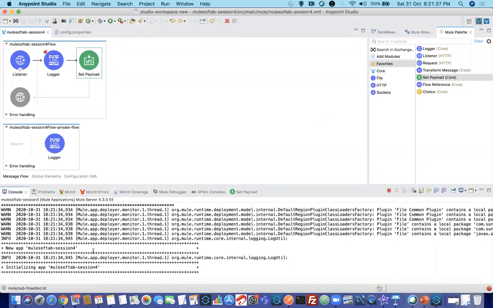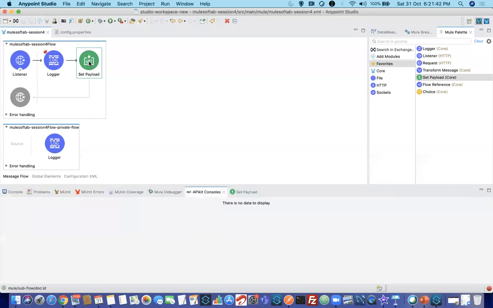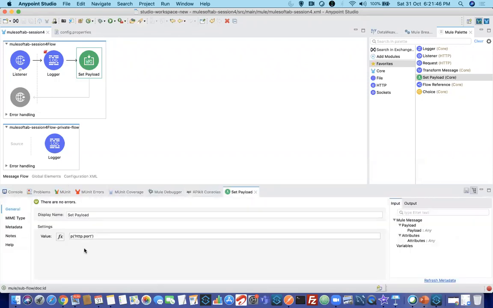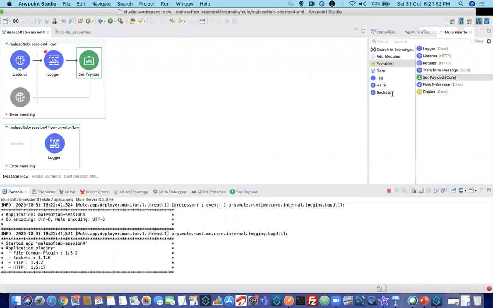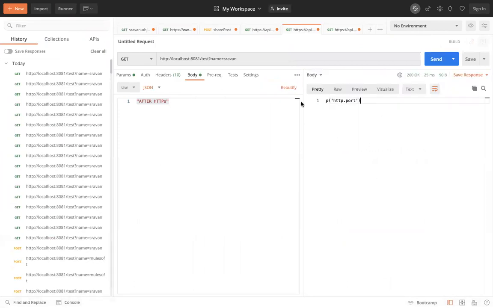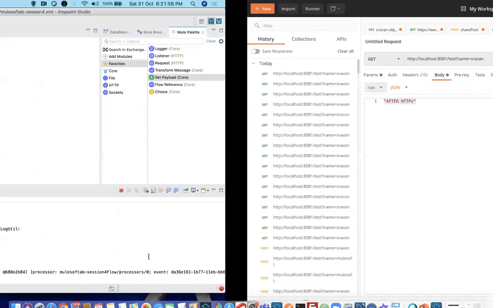Okay, because p is nothing but a property, but it is a function. I'll tell you about functions in our next session. But p of is something called a function, that's why p is within small brackets, whereas dollar is within flower brackets. Okay, I'm sending here, you can see this is printing but not $of.